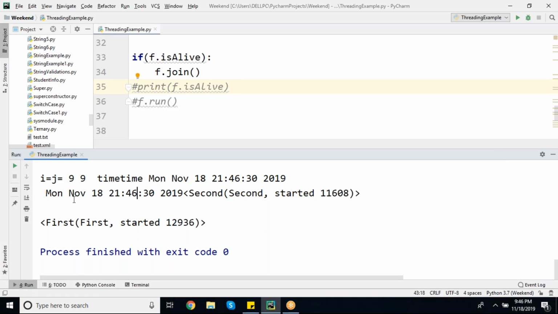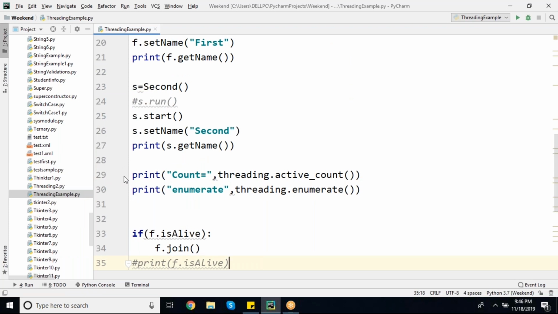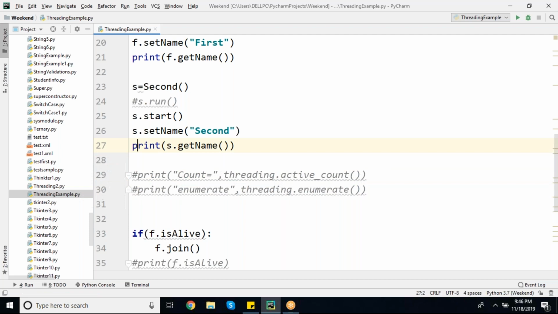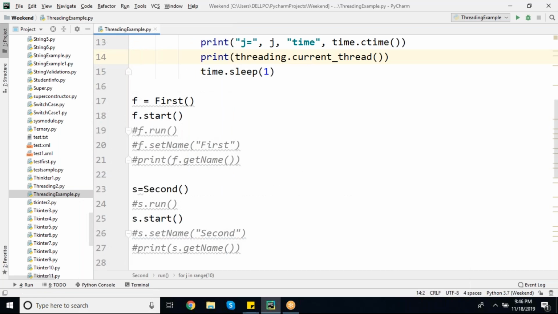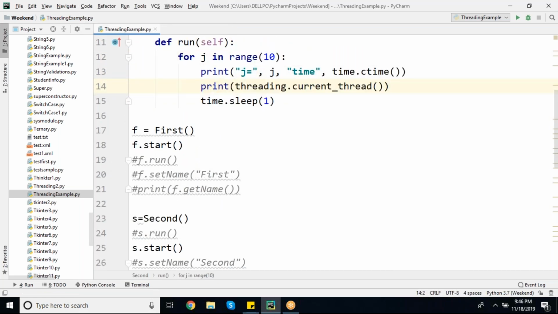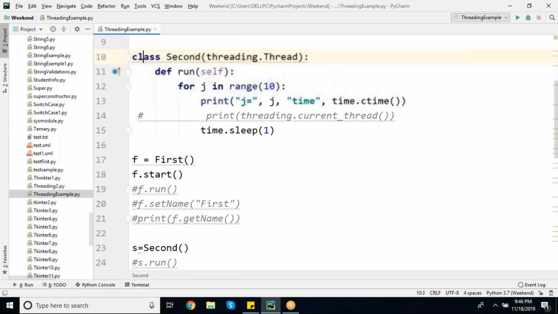Next. Let me stop this. Okay, it is stopped anyway. Now I'll comment this one. So we got to know how a thread can be renamed, how to start up the thread, and how to get to know the information about the thread. All these things we got to know.